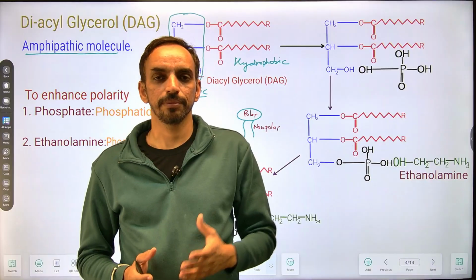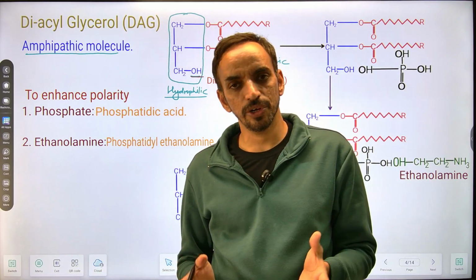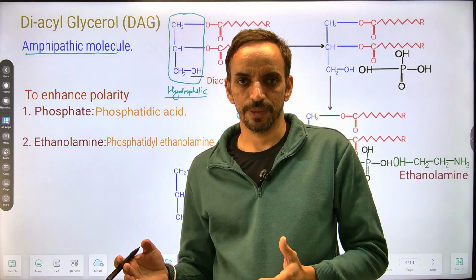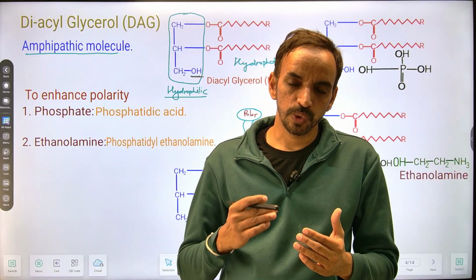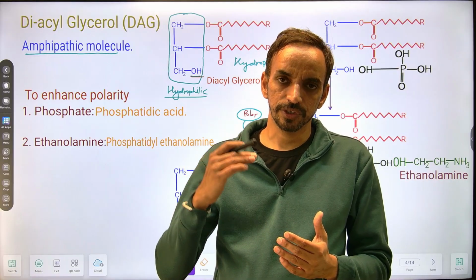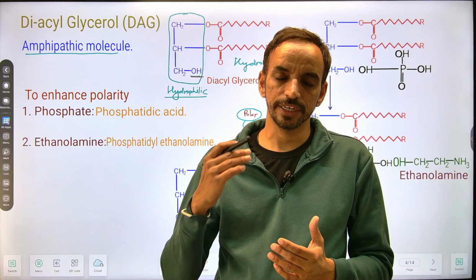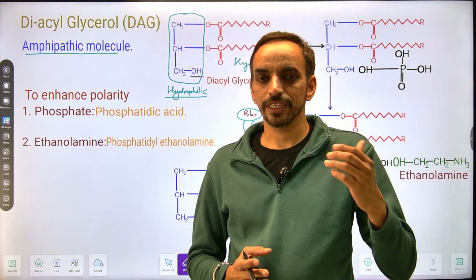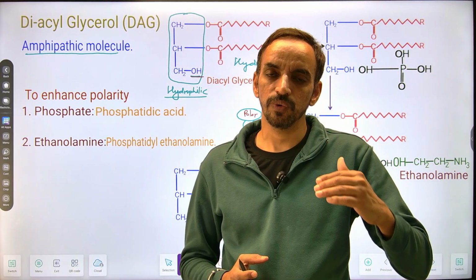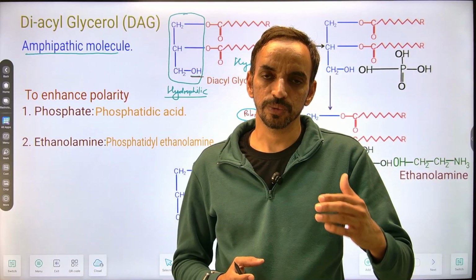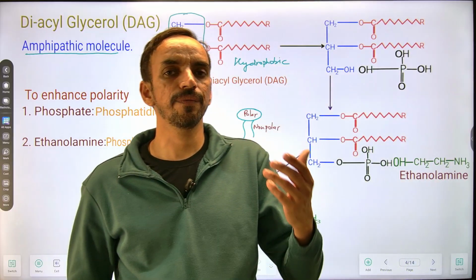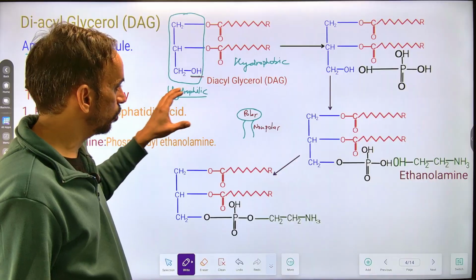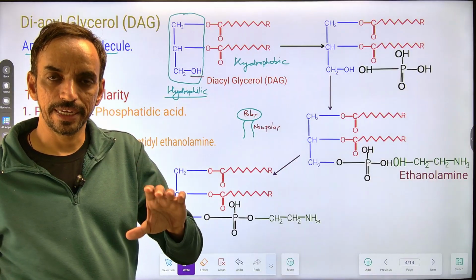Hydrophilicity क्यों जरूरी है? Because the membrane, as we all know, is semi-permeable and also selectively permeable. So कुछ polar molecules हैं that can also be transported through this plasma membrane. उसके लिए क्या जरूरी है कि membrane जो है वो hydrophilic भी रहे, उसमें हाइड्रोफिलिसिटी भी रहे, और वो हाइड्रोफिलिसिटी अगर अपने को मेंटेन करनी है, सो उसके लिए कुछ ग्रुप्स को और ऐड करना पड़ेगा अपने को डायसाइल ग्लिसरॉल